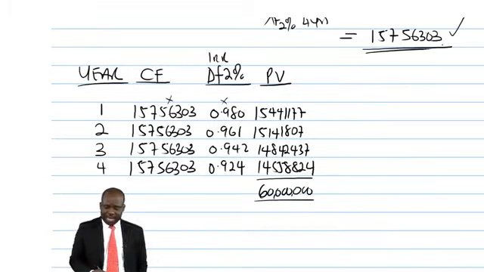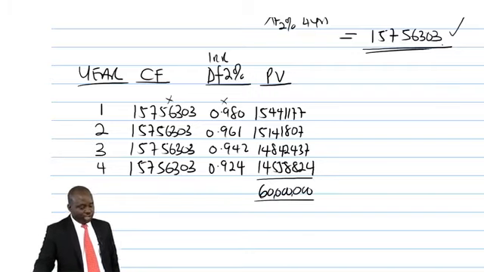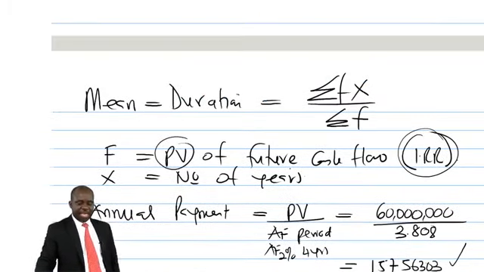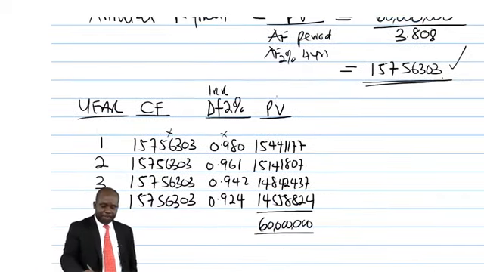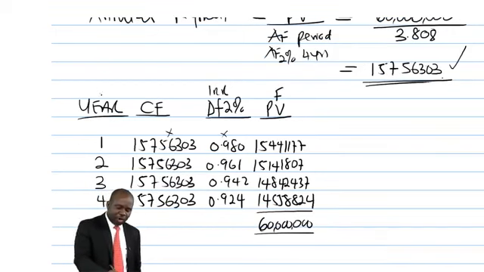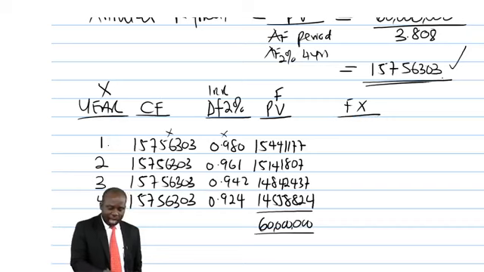or 60 million. Now, I need duration, and duration we said is the sigma fx. This is the PV, this is the number of years. So if I have got the PV, this is my F, and number of years is the X. So what is my Fx? I would have to multiply this by that, multiply this by that, multiply this by that, multiply this by that. So 1 times that will give you